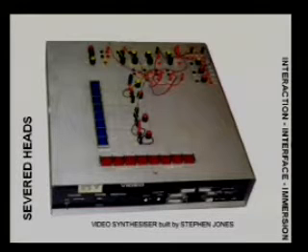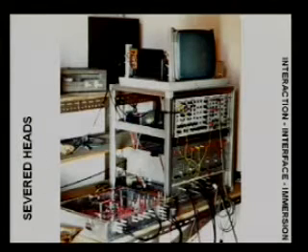This is the video synthesizer. You can see that these are the input selection and channel selection for the mixer, and these are basically just audio synthesizer devices inside it, and they'll generate patterns. So this is that box in an earlier version, but you can see that it's also hooked up to